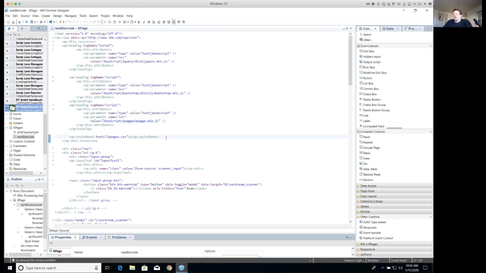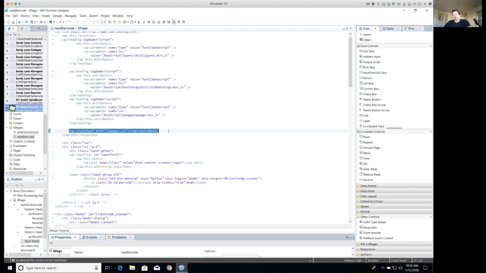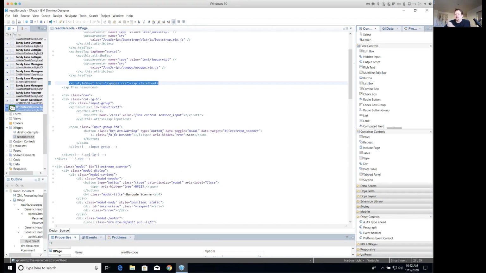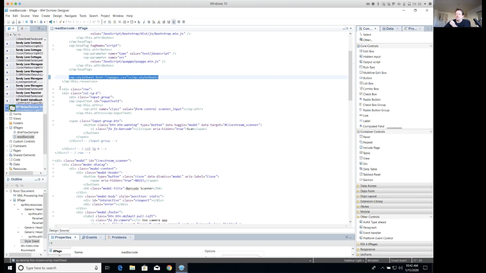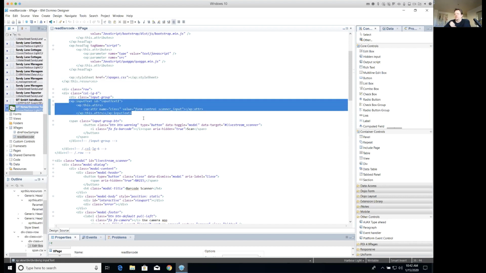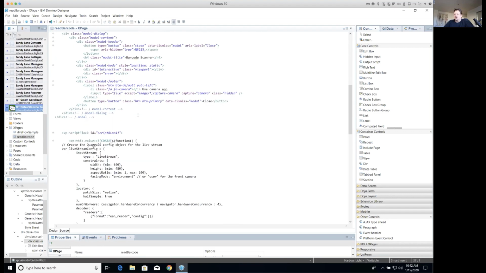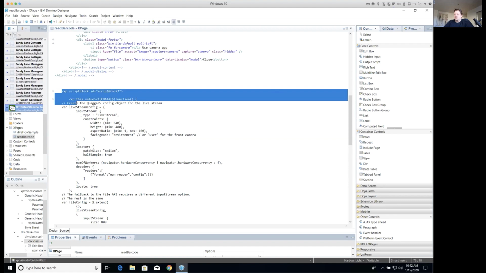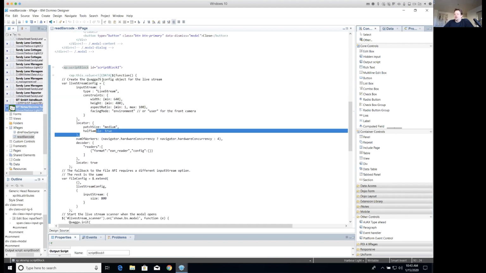I have a style sheet here that handles the presentation of the field and the button. And this is the actual HTML code. Actually, this is the same stuff that I copied from Andre's article. It's pretty much the same thing, with a couple of tuning things here. So I had to come up with an XPage's input text in contrast to a regular HTML field. And of course, then I had to copy the JavaScript part that does the Quagga function into a script block